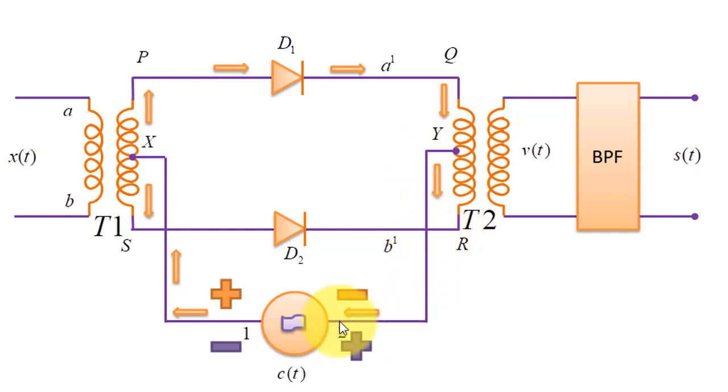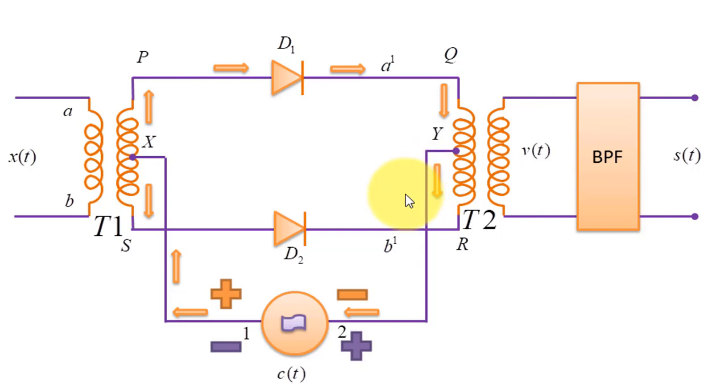So when the XT signal is applied at the input, due to induction, the signal value or potential at A will be switched to A1, and the signal value or voltage at B will appear at B1. Your potential at A and B will get switched at your A1 and B1. So during the positive half cycle of your carrier signal, positive xt is switched to points A1 and B1, which are transported to the secondary coil of your transformer due to induction, and its voltage value turns out to be your Vt.